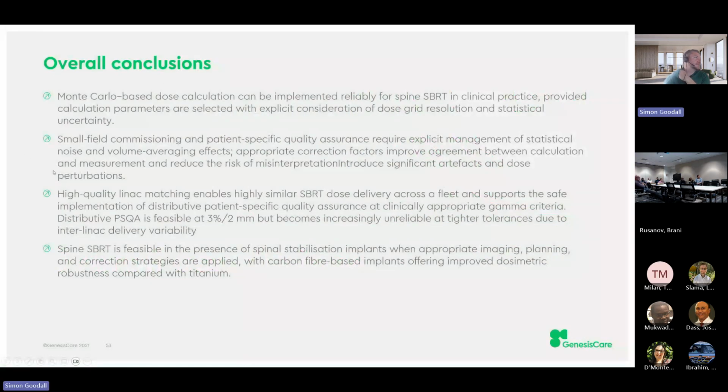And then to come back to those fundamental underlying aims: for Monte Carlo calculations, we can implement that in Spine Saver and also the lung SRS brain space. And we've defined some criteria that you might use in planning settings that are appropriate. We managed to successfully show that we can improve the efficiency of small field commissioning in a clinical setting, and also highlight where that method is limited and what you can do to get around that. We also use that technique to improve our patient-specific QA processes.